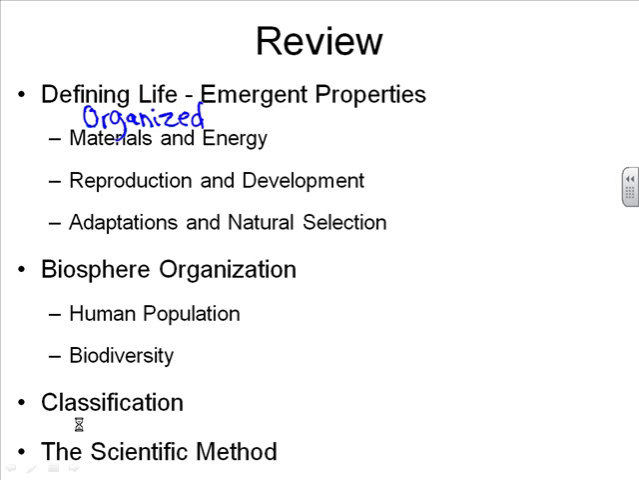We looked at the organization of the biosphere, how we have communities that make up ecosystems and so on, and how that biodiversity leads to a greater variability in the human species or any living species, which increases our chances for survival. We looked at classifying organisms by a domain, a kingdom, all the way down